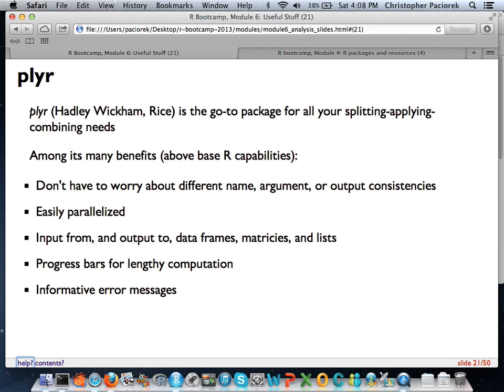And it's all standardized. There are a couple of other advantages that I think will become more clear after Jared's section tomorrow, for instance, why these are such great things. But as I said, you don't have to worry about different names or different argument types or output consistencies. It's very easily parallelized if you have to do vector operations over very, very big data sets that can take a long time.